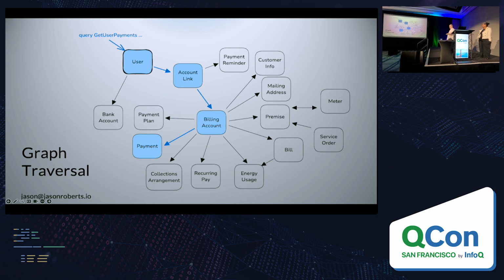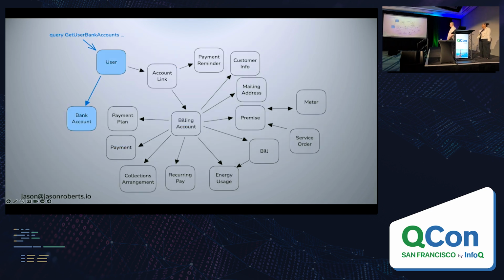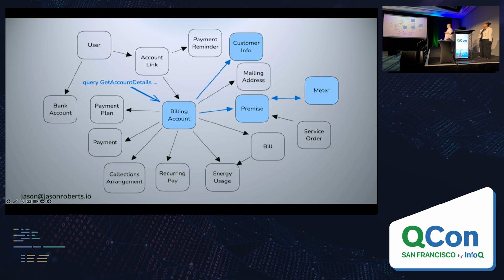The application doesn't know any of this. It just knows that it has a query that it asked for this data. I could write a different query. I want to get my bank accounts. It takes that path. And the neat thing about this, too, is that I don't have to start in user. I might write a component for React that says, here's a component that shows billing account information without any user context. I could just hit billing account and get the information related to that billing account that I care about.